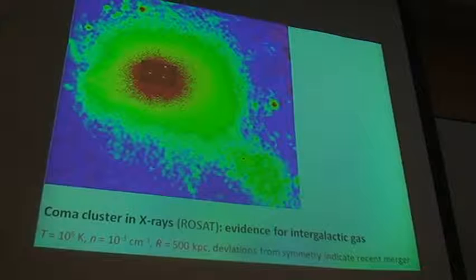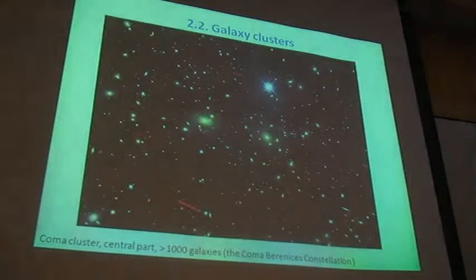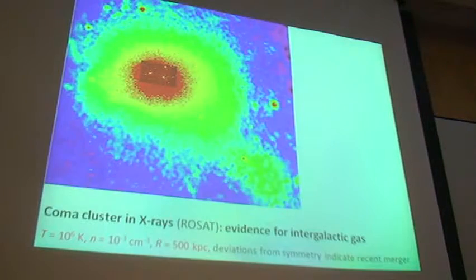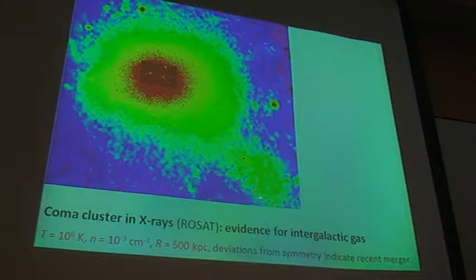Until people only had optical pictures like this, they were quite confident that this cluster, the Coma cluster, a very well studied, rich nearby cluster, studied to very fine detail,